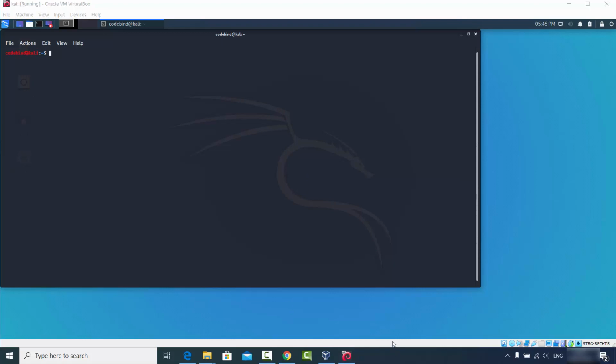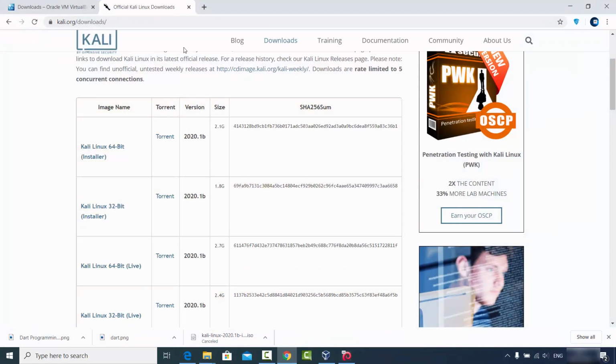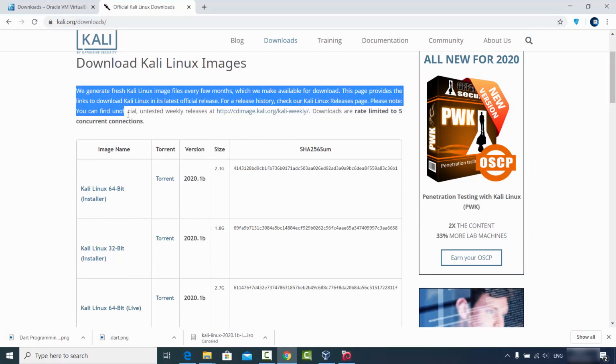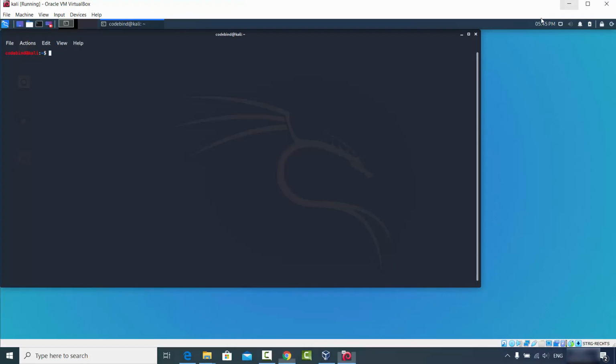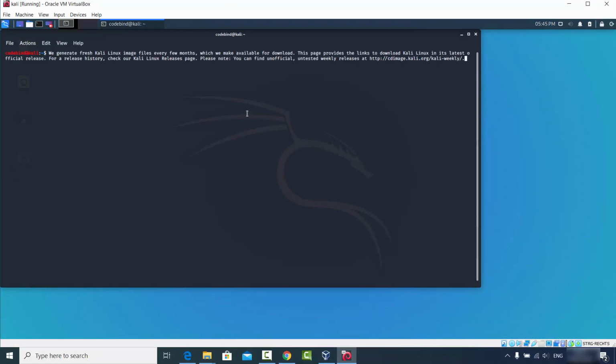Now let's say I want to check whether my copy and paste options are working or not from my Windows operating system to my Kali Linux. So I can go to the browser and just copy some text from here. So let me copy this text. This browser is running on my Windows operating system. I will just copy this text and then paste it on the terminal, and you can see I am able